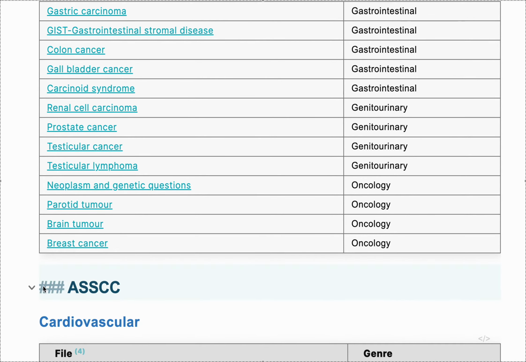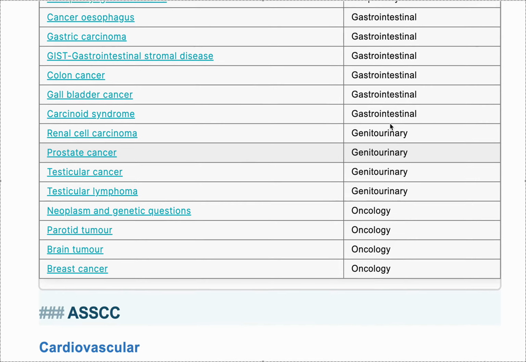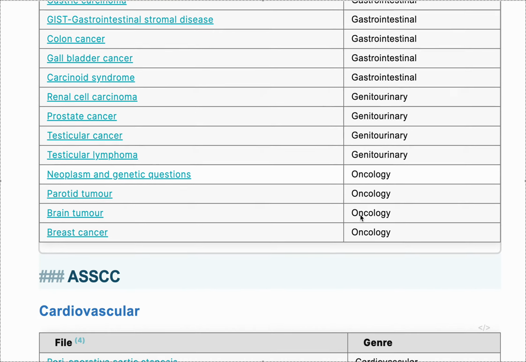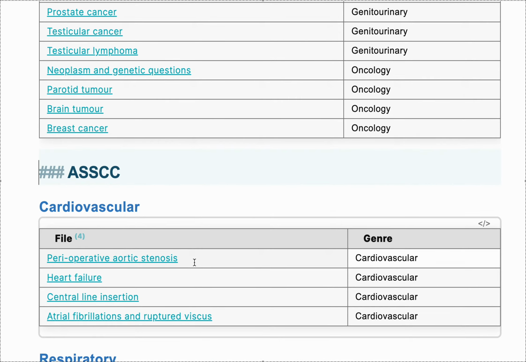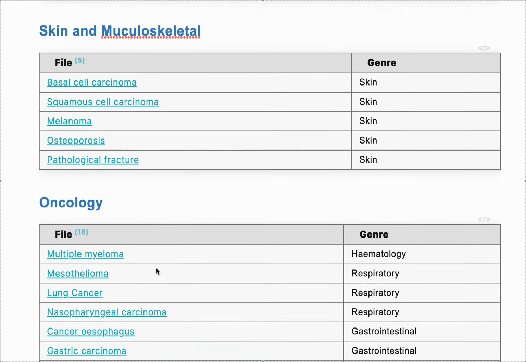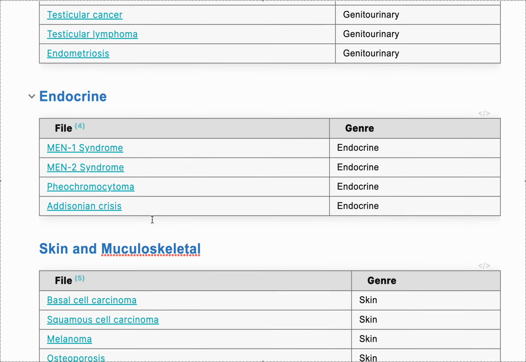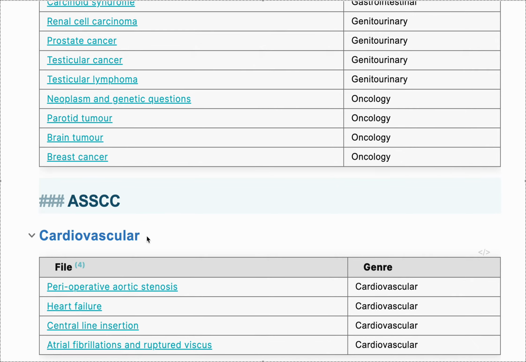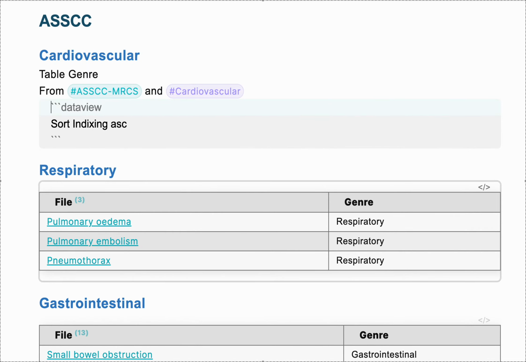There is another way that we can actually do this. If you want, for example, to get all the MRCS in just one go, that can be done as well. But moving to acute care, and this is the trick here, this is actually what I'm interested in. Moving to acute care, you can see that we have cardiovascular acute care here, and up there we have cardiovascular pathology. Is there a way that we can link them together? The application that I'm currently using can actually link them together, and I'm going to show you live what I would do. So if I go to data view